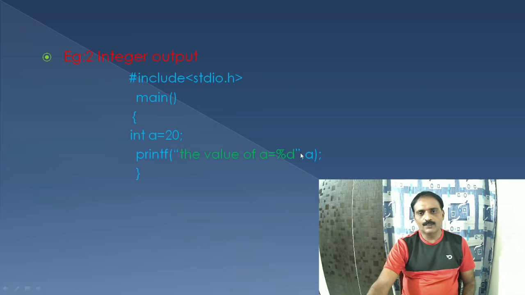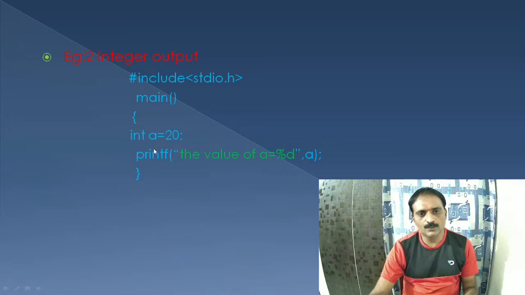Printf, within the double quotations, I am using the value of a equal to %d. Already we have seen that %d is the format specifier for integer. So here, as we have declared a as an integer, we have to use %d in order to take the value of a. So the output is going to be: the value of a is equal to 20.